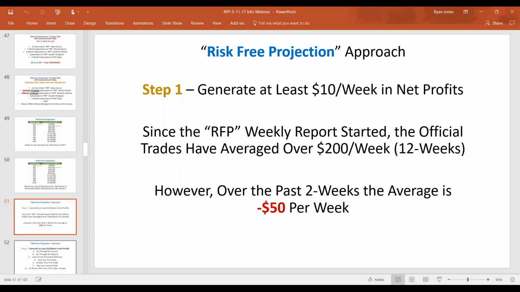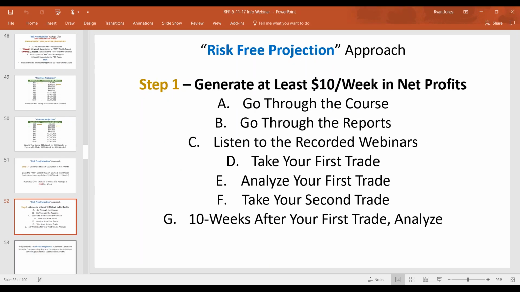So this is something that has low risk, but you have to commit enough time, because there will be times where we have a few losses. And I'm going to show you all of the trades, the results of all of the trades from the RFP report. And that's where these trades have come from, the RFP report, the weekly report, which you will have a copy